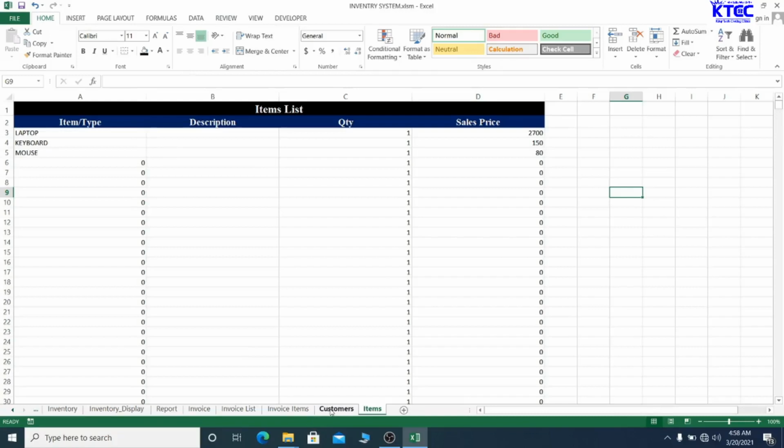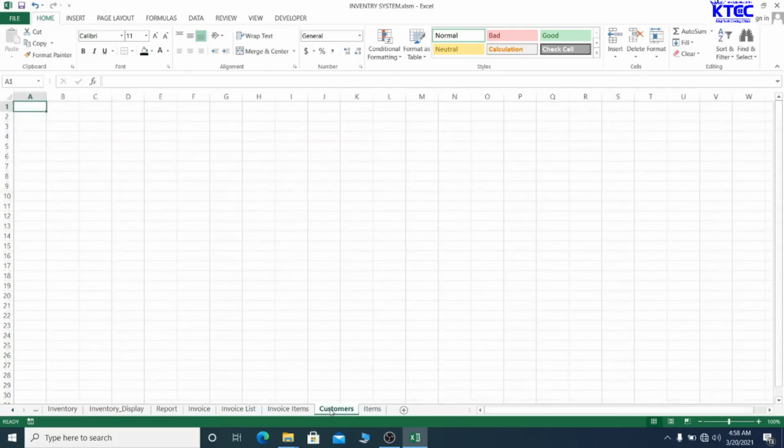So with the customers, when we talk of that, it is cell A1 to what? The F. That is the ID, the name, address, phone, and then a second address, and then the email. Basically that is that. But before we do that, let's just select up to F, and then this. Then we merge and center, and let's type here customer list. So here we should have ID, then we should have customer name,